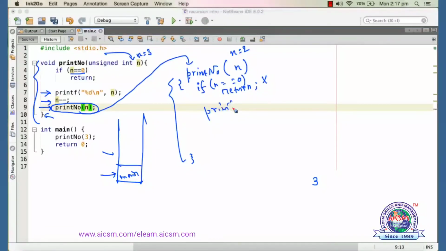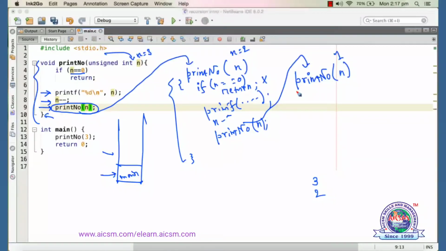So it prints 2, and then the value of n is decremented by 1 and it becomes 1, and then again we are calling the same print number and we are passing n here. So the value of n that is passed here is 1. So again another print number will be called. That's the next one with n equal to 1, and here also the same code is there,